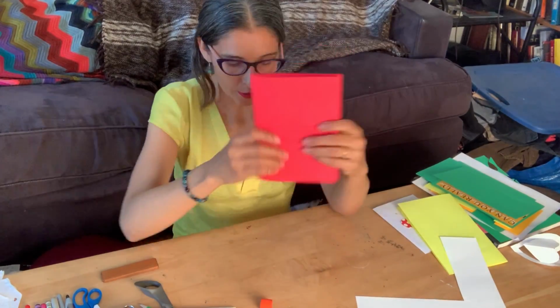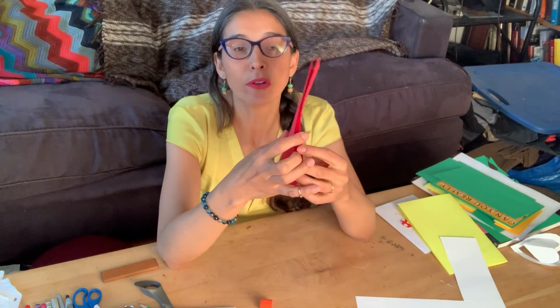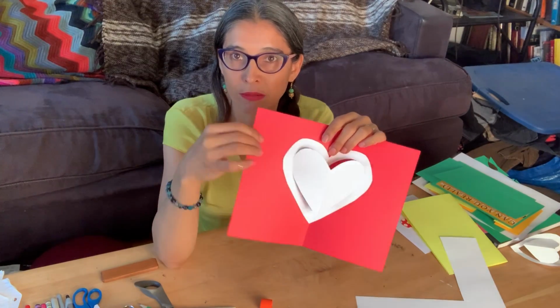So, what do we need? A thicker paper like a cardstock card, and some structural paper, doesn't have to be as thick as cardboard, but